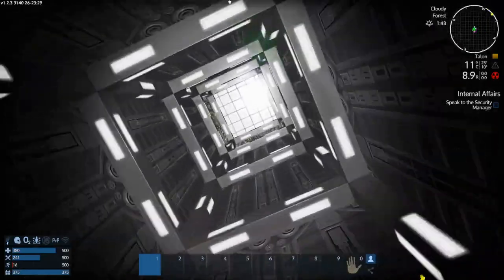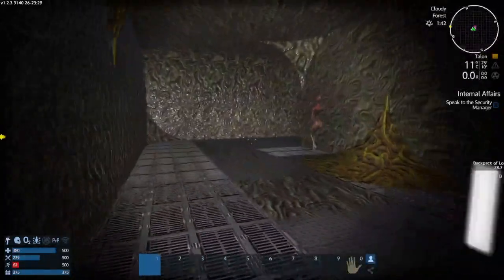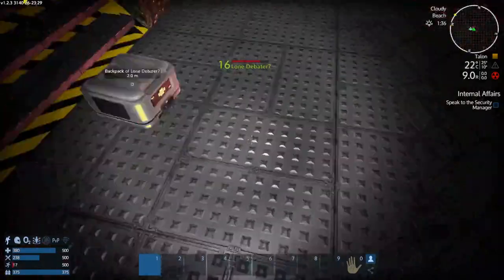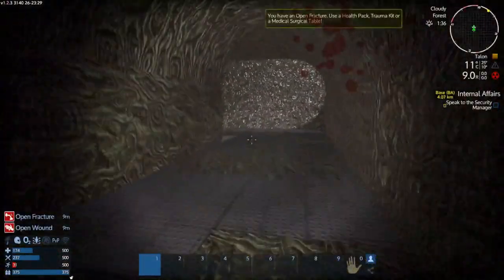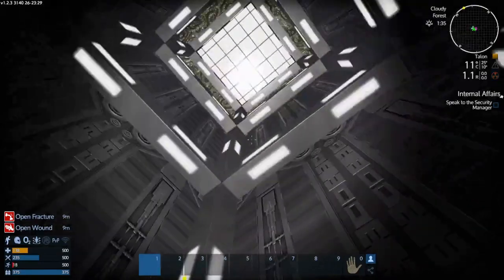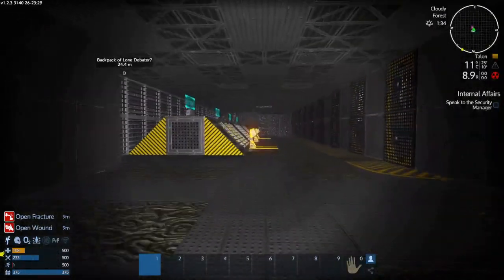Okay. Oh. There's a dude here now. Cool. Where did he come from? Yep, we're gonna die again. But I can maybe make it to the elevator. I don't know if they can actually use elevators or not, but...